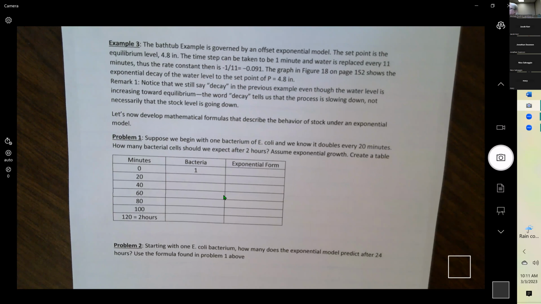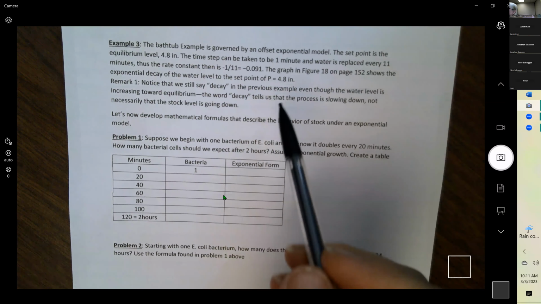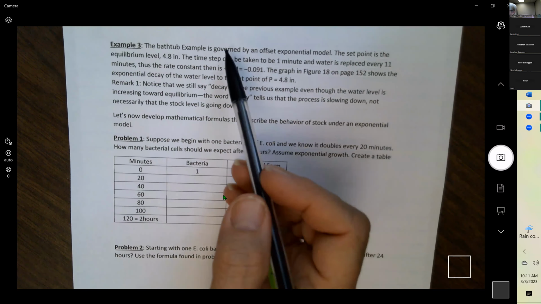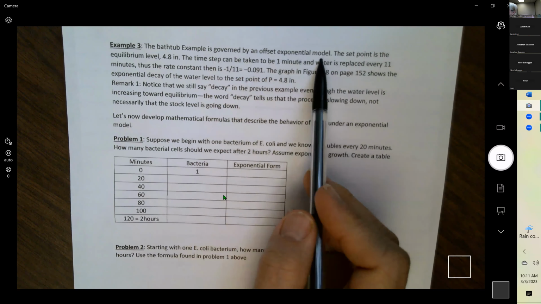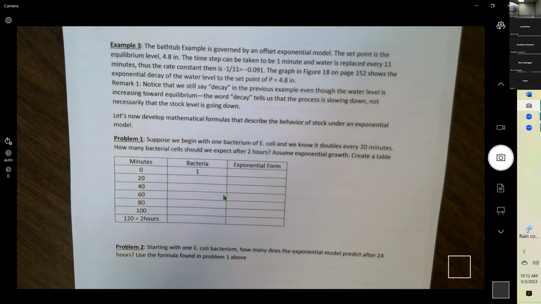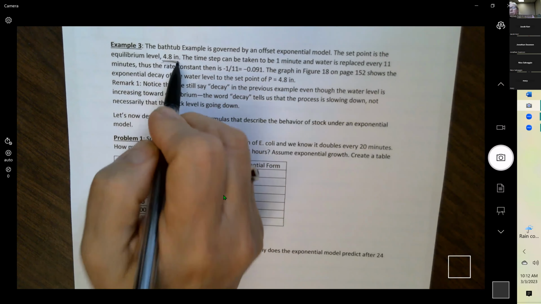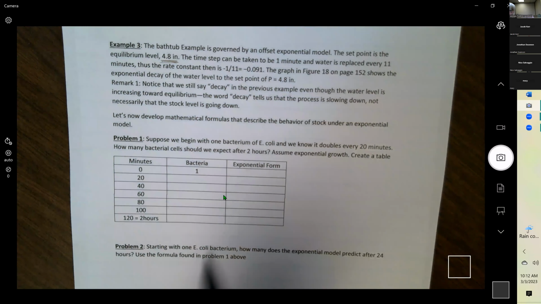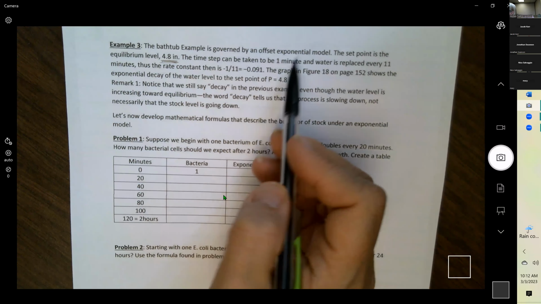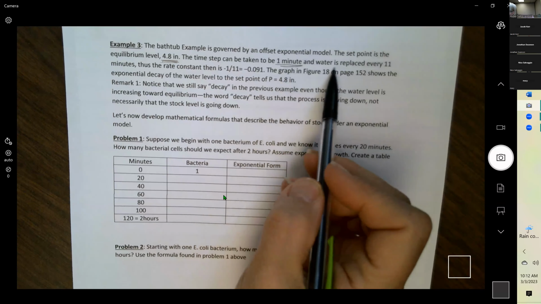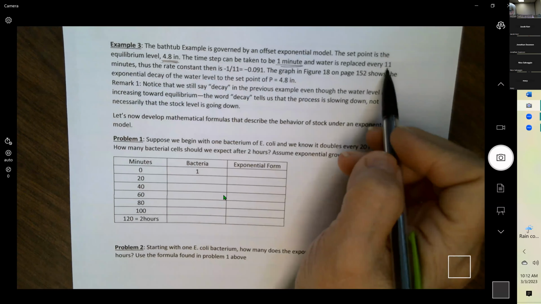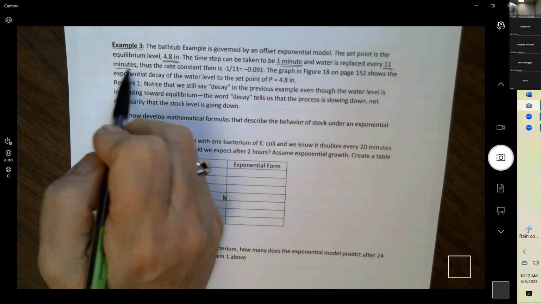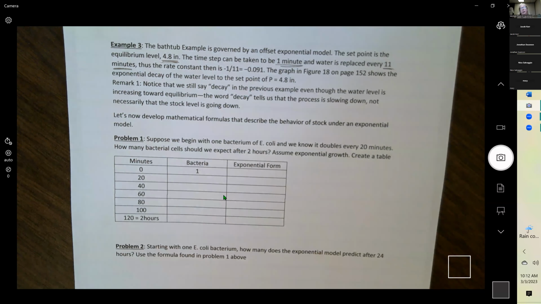The bathtub example, oh, I forgot, I put it in here because I like this example better, is governed by an offset exponential model. The set point is the equilibrium, which we said once it hit 4.8, that's where it leveled off. The time step can be taken by minutes, and the water is replaced every 11 minutes. If you go back in your notes, we found that the